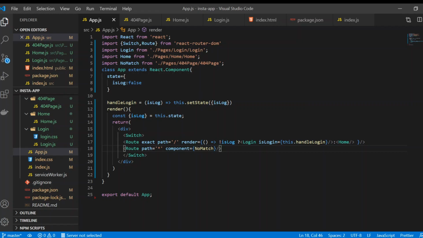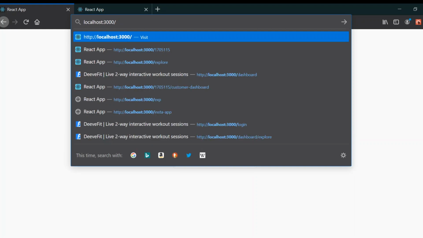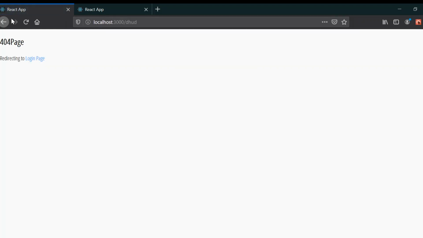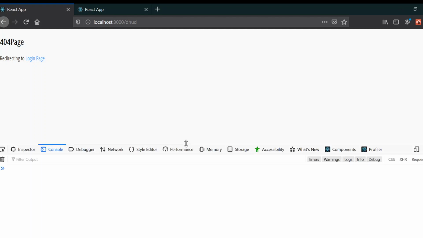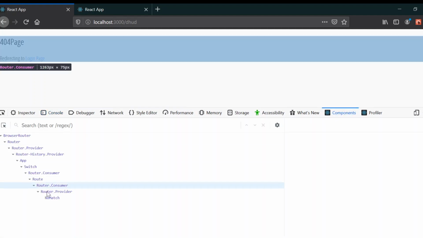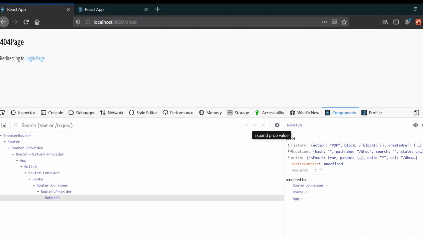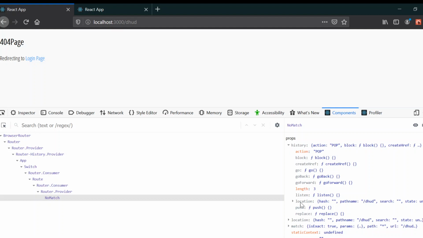and go to our page here, and if I just type in anything and go to this login page, but we want to redirect to the login page, right? Just whenever we click on it. For this to happen, I'm just going to show you in the console, you can see in here components, and there is this no match. We have the props like history, location, and match. So what we need for now is this history props, and in history props what we need is this push